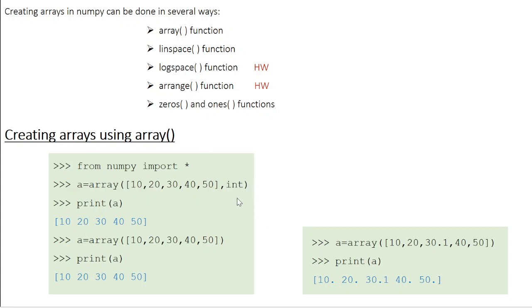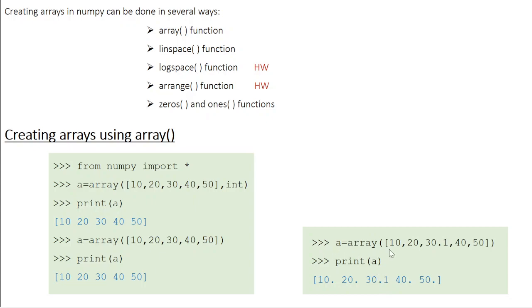Now the data type specified here is actually redundant, because when you specify the elements, Python is smart enough to understand that all the elements inside the array are integers. Okay, so even if you don't specify integer here, it's going to give you the same result. Okay, so from now onwards we are not going to specify the data type. Python is going to identify the data type on its own.